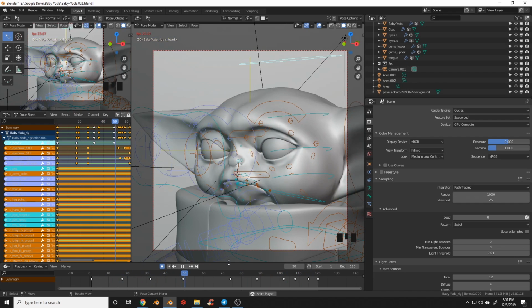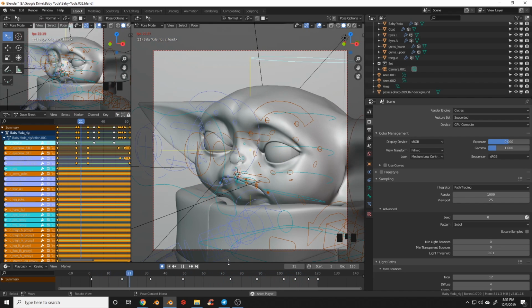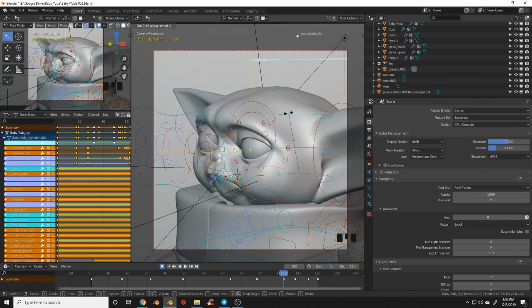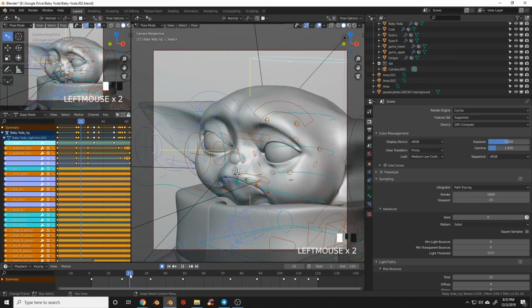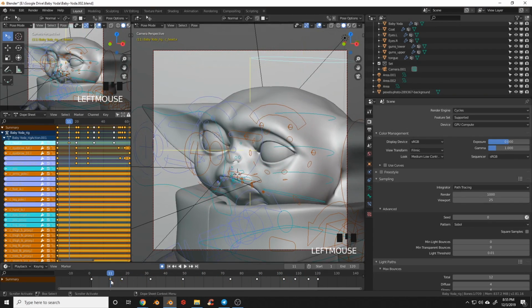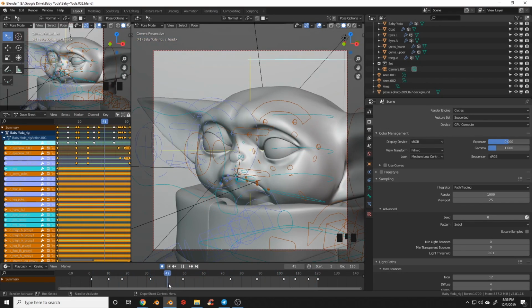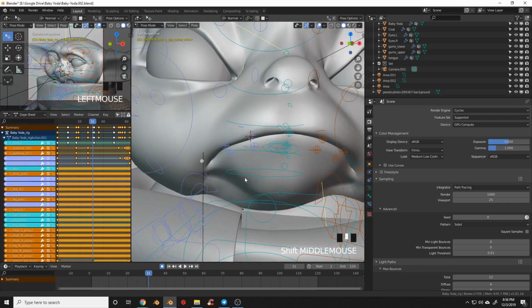And now that we have our blocking of our keyframes done, we will now move into animating the in-between frames. So we'll go through these main keyframes and add extra frames. This is a simple animation, so it shouldn't take much, but I'll add a few frames in between here to make some of the movements feel more natural. A great way to make your movements feel natural is that everything in nature moves on an arc. So what I'm trying to do here is add an arc to some of the motions, raising part of an eyebrow as it rotates, for example, to make it arc across the motion. And these little features help add realism.